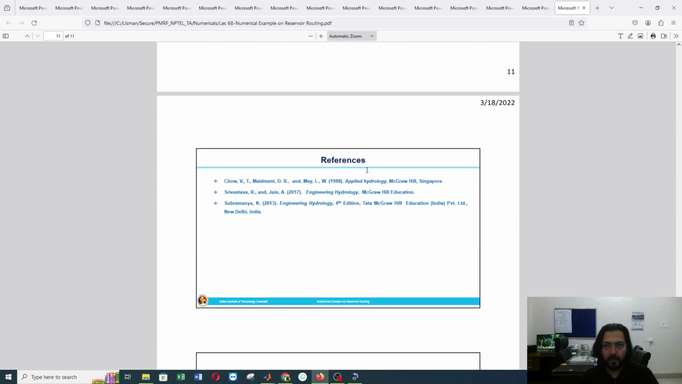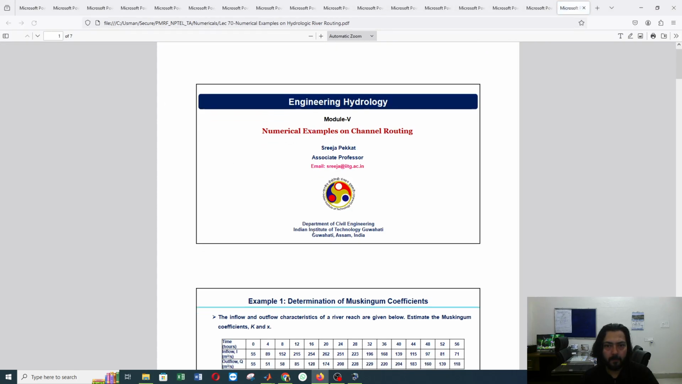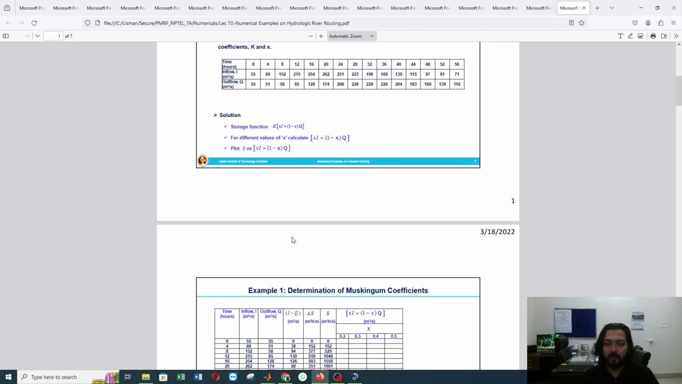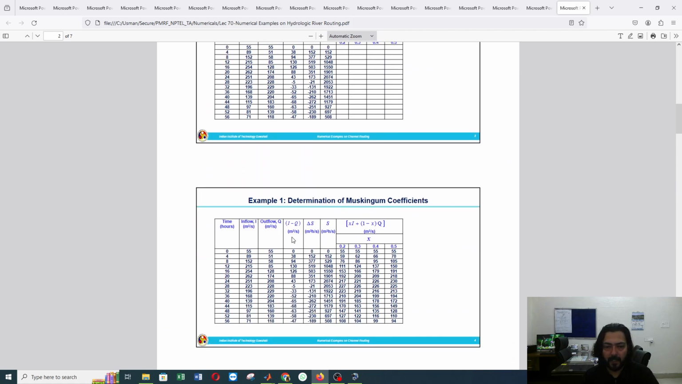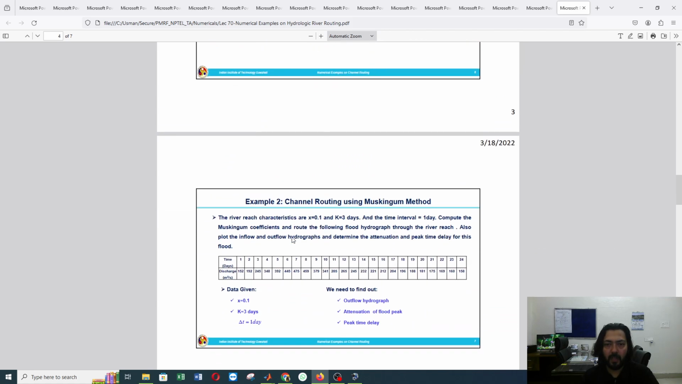So we'll revise one equation-type numerical on the Muskingum method, right? In the first method, they are asking for the determination of the Muskingum coefficients. So we need to find the Muskingum coefficients, that is C1, C2 and C3, right? In order to find C1, C2, C3, we need to get the value of